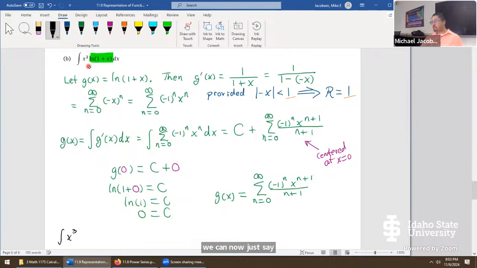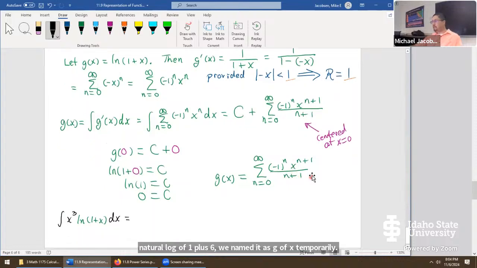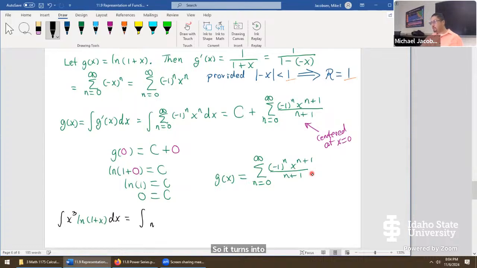the antiderivative of x cubed times natural log of 1 plus x dx turns into this. Recall natural log of 1 plus x, we named it as g of x temporarily, and now it's all of that, a big mess. So it turns into the antiderivative of the summation from 0 to infinity,